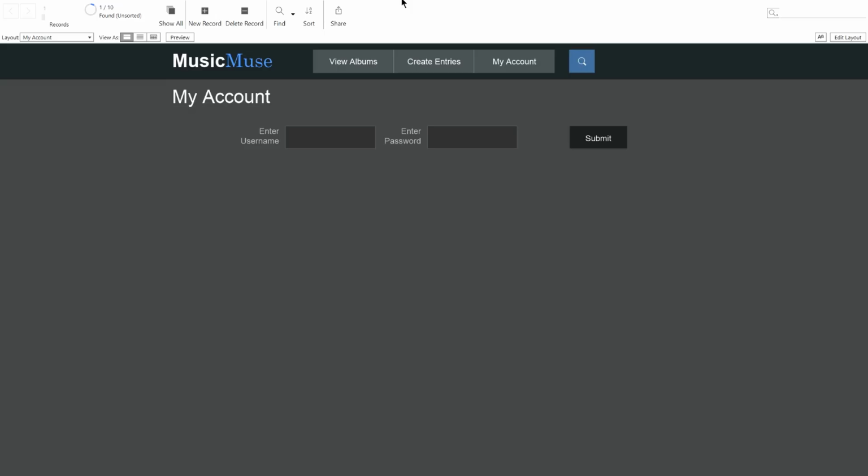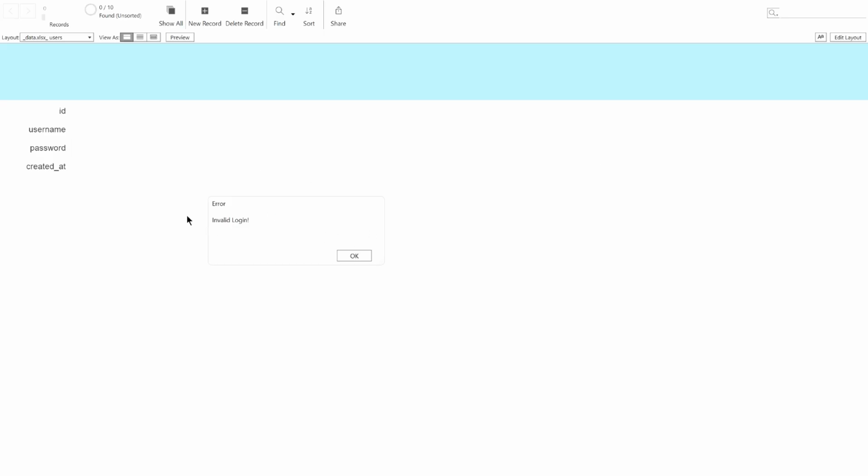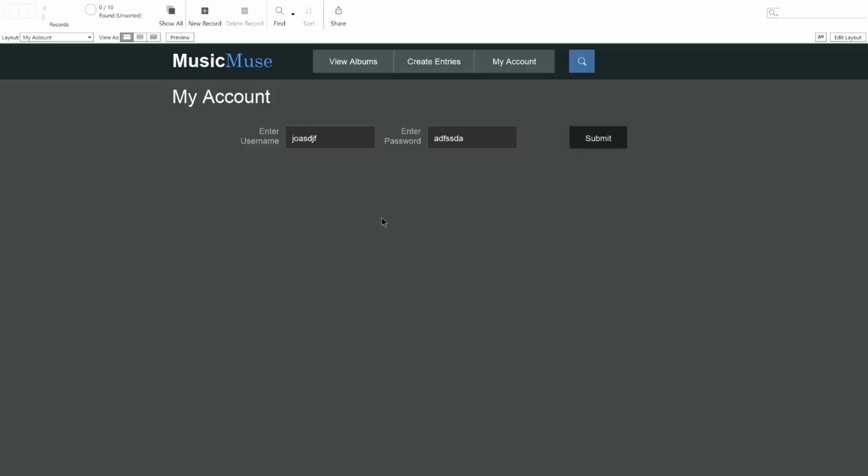Now when you open the application, the first page you'll encounter is this My Account page, where it prompts you for your username and password. If I were to just put something random, there will be data validation which prevents me from proceeding. Now if I click submit, you can see it says invalid login. However, if I were to go back and actually input my proper username and password,